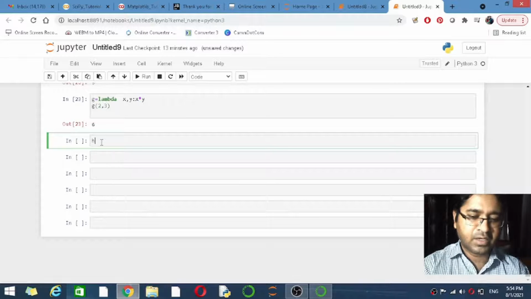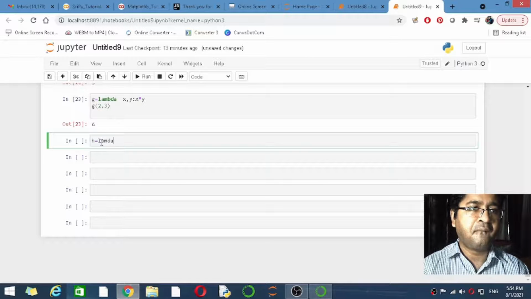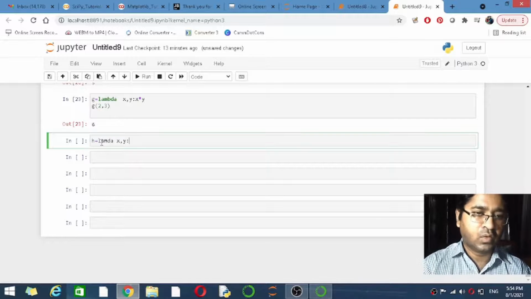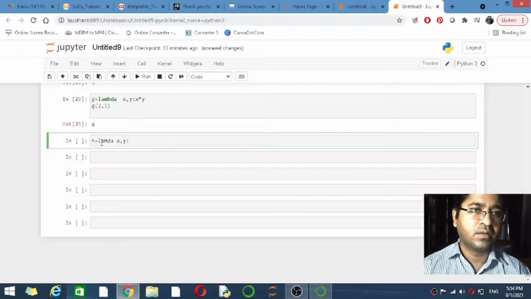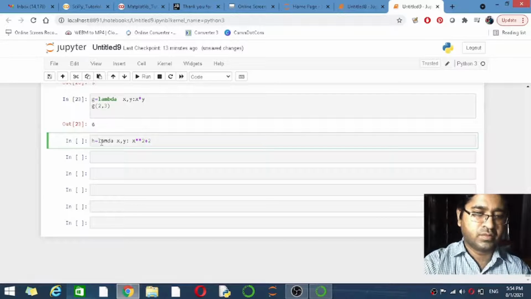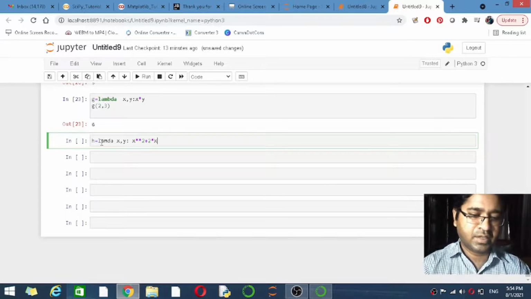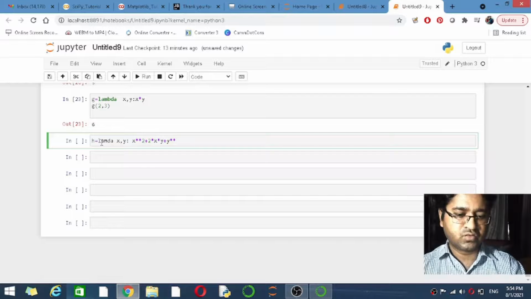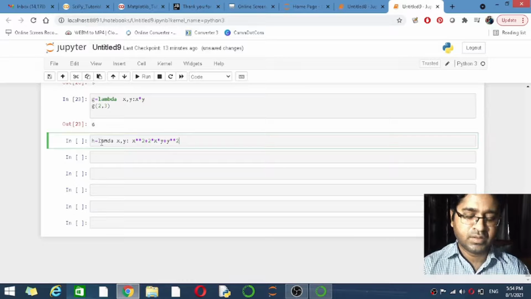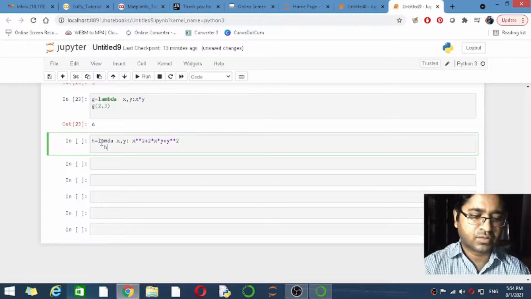Okay, then we can have h equal to lambda x comma y colon x**2 + 2*x*y + y**2, that is x plus y raised to whole square.